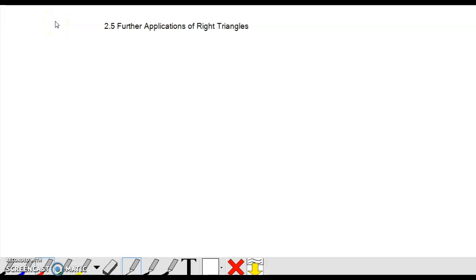All right, so let's continue our further applications of right triangles. And we're going to focus on more word problems that have to do with bearing. And what exactly is bearing? So bearing is how we describe navigation. It's an important concept